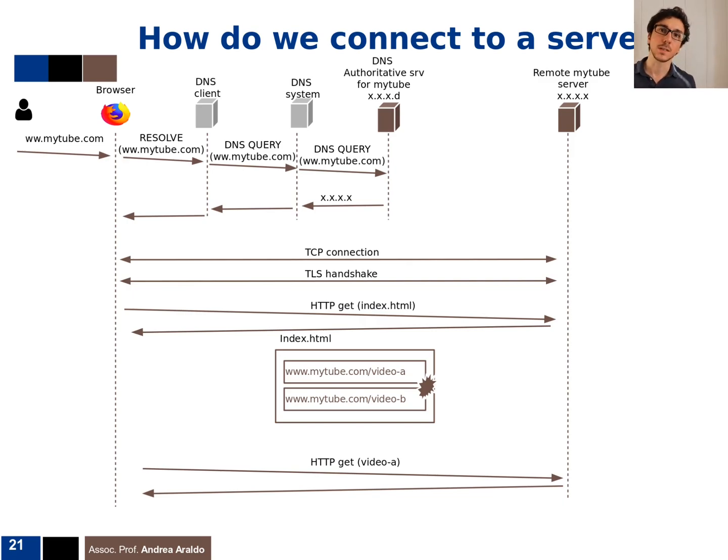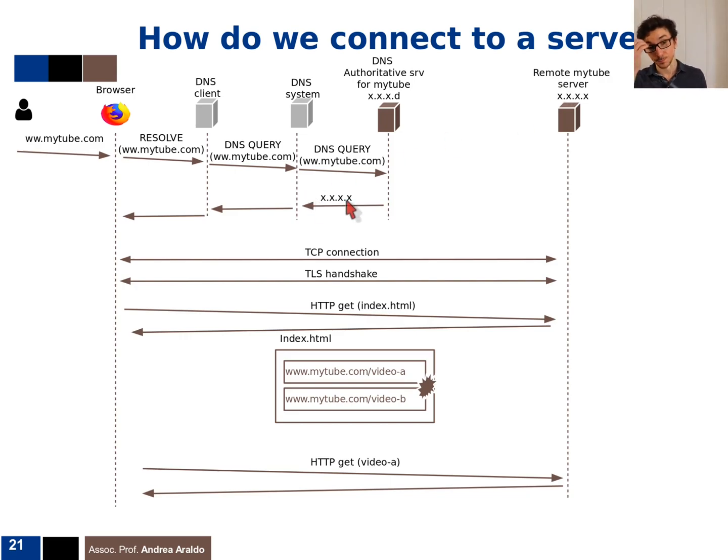I will not go into the details of DNS, but in general it is a distributed system made of different servers which deals with DNS queries coming from clients asking to resolve names like www.mytube.com, and which replies with an IP address,